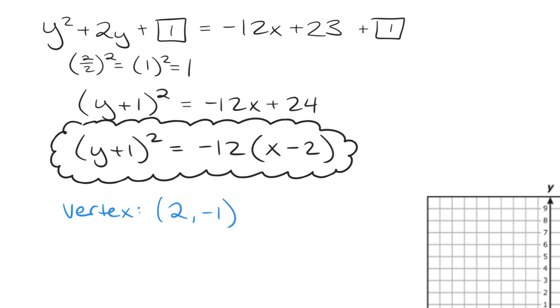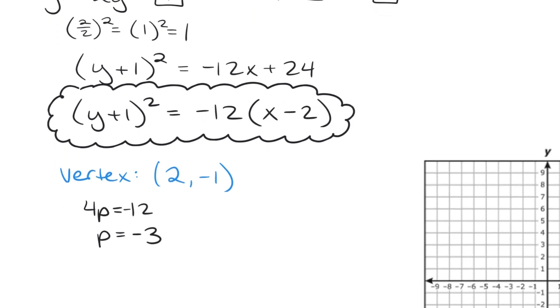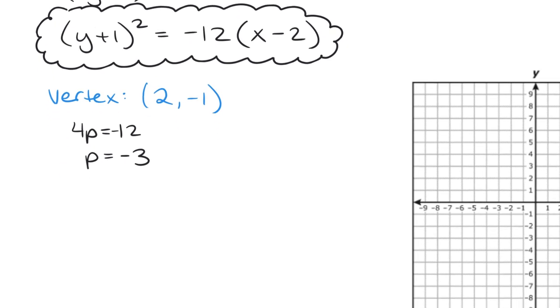Next thing we need is the p-value, but remember, 4p is what's multiplied in front of that parentheses with x, so 4p is equal to negative 12. And if that's the case, what's p equal to? Negative 3. That information is going to help me find the focus and directrix and latus rectum for this parabola. The focus,